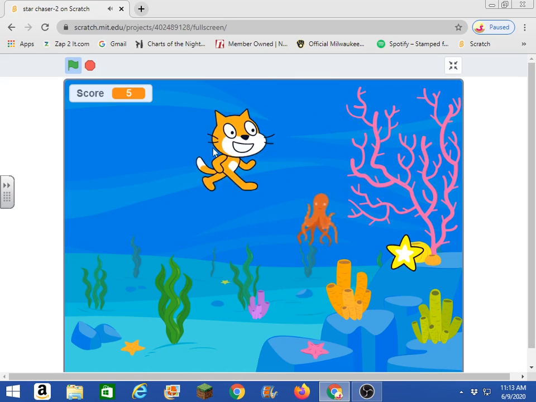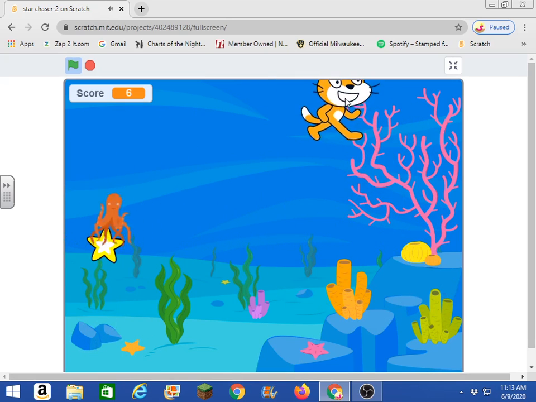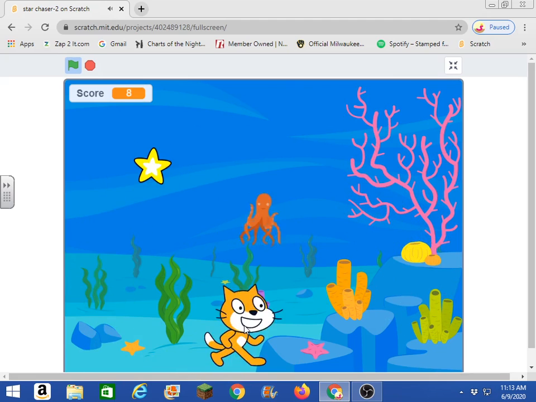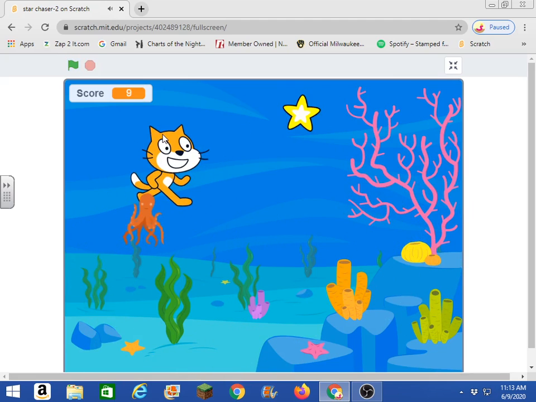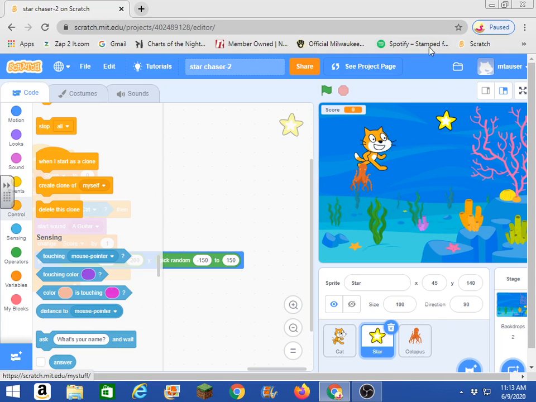And again, all I have to do right now is stay out of the way of this crazy octopus, right? Whoop! And there the octopus hit me, so the game is over. Okay, so the cat is like that. Now, before I save this, before I stop and we move on,